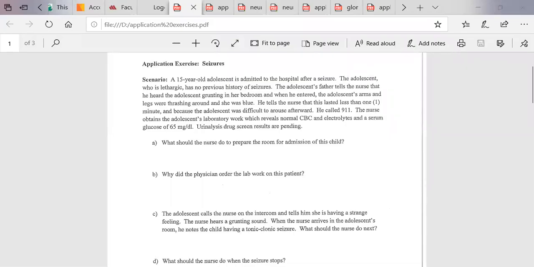Okay, you guys, we're going to talk about seizures today. I'm going to start with the application exercise, then we'll go into your slides. All right, so we got a 15-year-old adolescent. Well, first of all, before I go into seizures or into the actual case study, let's talk a little bit